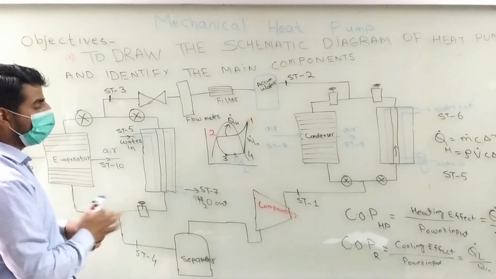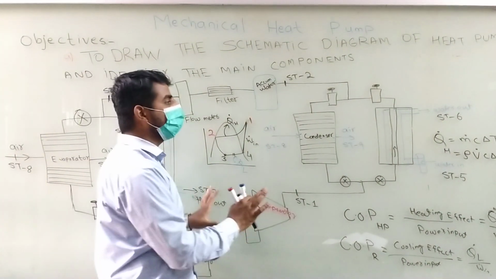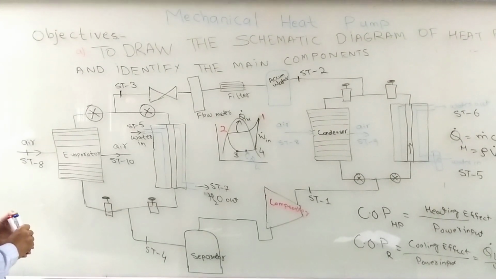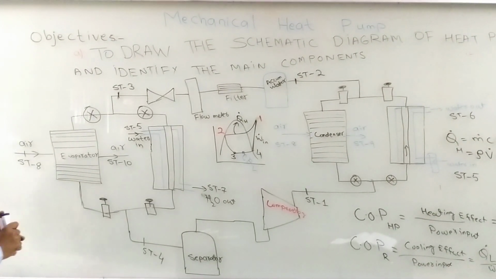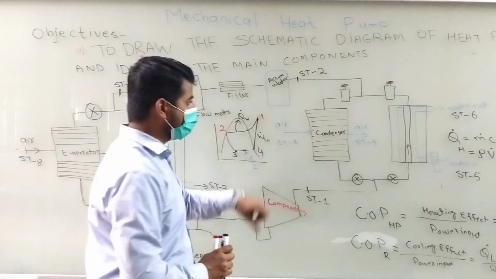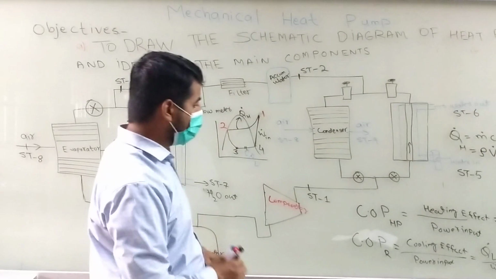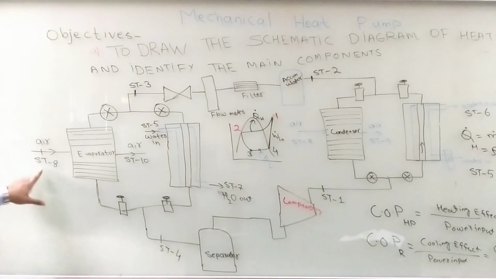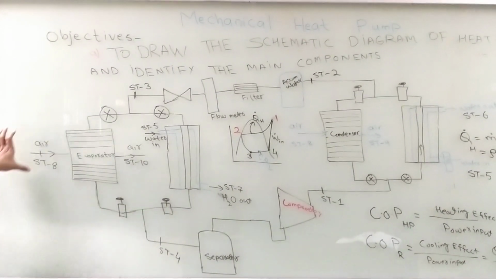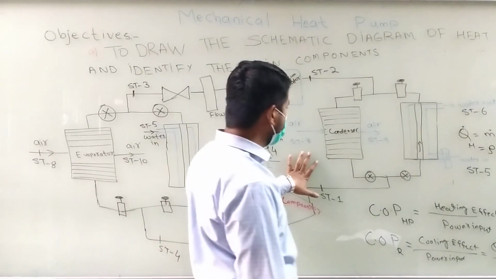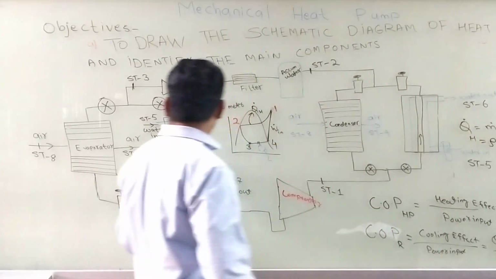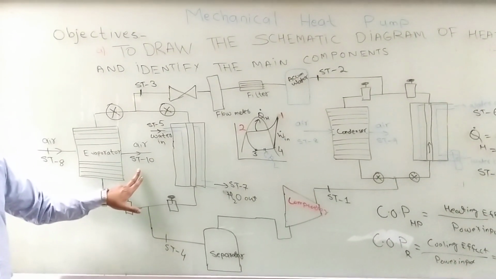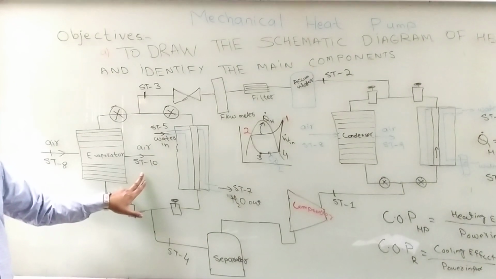So these three temperature sensors, ST5, 6 and 7, are basically related to the water. Coming to the air, okay, for a brief description, because experiment number 9 is not related to the air, but I'm going to tell you the air temperatures. The ambient air is ST8. So you can see ST8 is the evaporator inlet air, and in the condenser it is the same ST8, but the condenser outlet is ST9, and the evaporator outlet is ST10. So these are the temperature sensors in order. ST8, 9, 10 are basically related to the air.